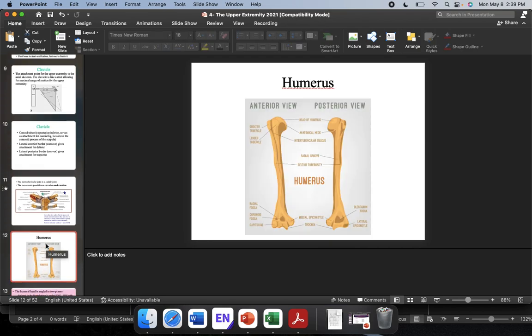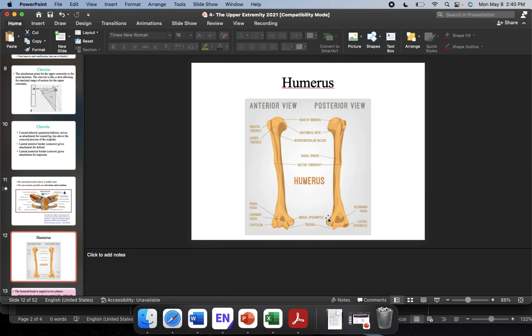Finally, that brings us to the final bone of this video, the humerus. Before I move off of this slide, I want you to take just a second and appreciate. From an anterior view, we can come down here and see the medial epicondyle with the capitulum and the trochlea. We can see the tubercles and the intertubercular line. But the thing that we don't have a very good view on from an anterior view is the humeral head. Okay, so we've got the anatomical neck and the surgical neck, but we don't actually have a very good view